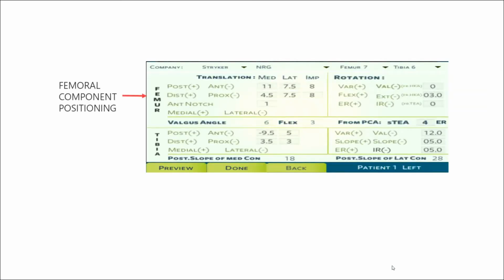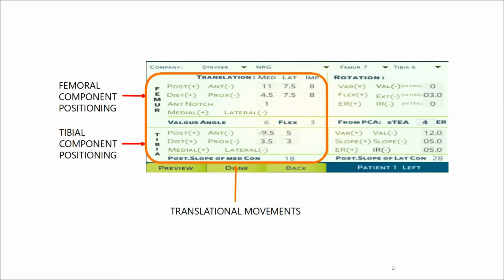The second and the third parts deal with the femur and tibial component positioning on the bone. Both boxes are split into 2 sections. The column on the left describes the translational movements, while the column on the right describes the rotational movements. They help the user to position the implant on the bone in its most optimal position. As the user manipulates the implant on the bone, the amount of bone cuts is described.